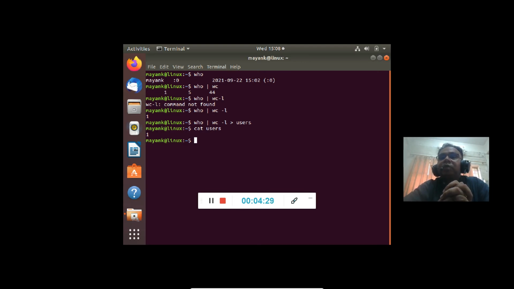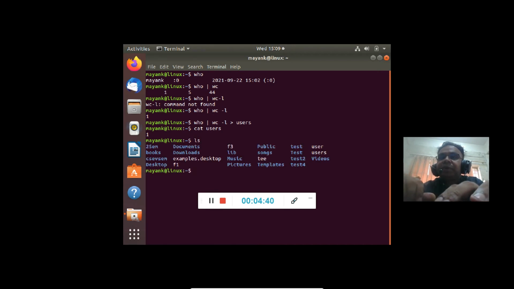This word count command, which counts the number of words and lines, can be used for a specific file also. For example, let's see what is there in ls. If we revise the previous commands, there was a file which was f1. Let's see what is there in f1. These are the things which are there in f1.